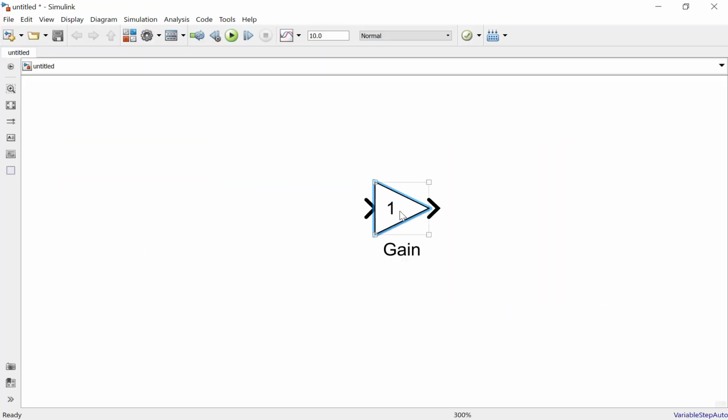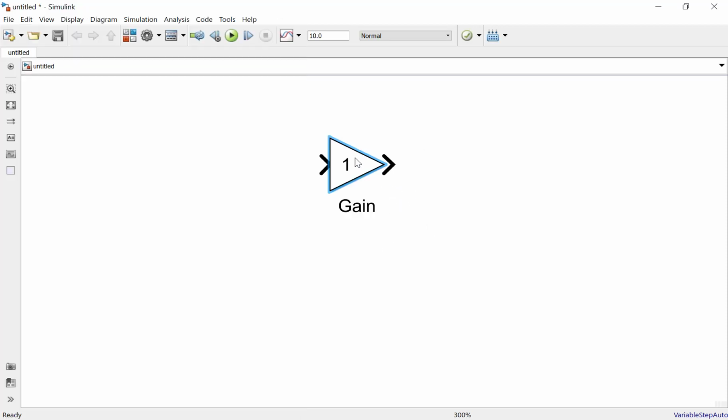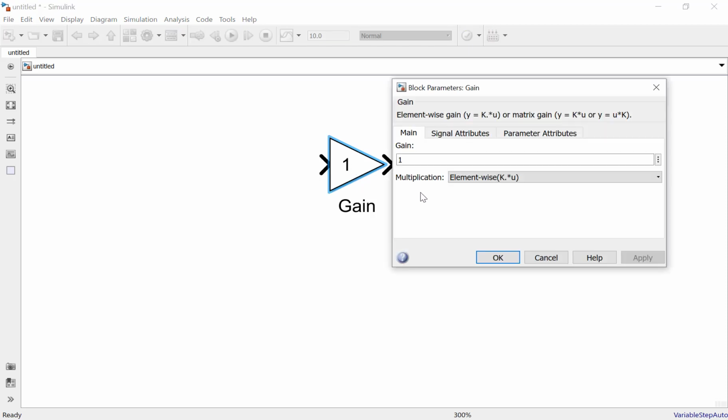Okay, we need to add the gain block, and then we need to change the option in the gain block here to be matrix K multiplied by u, because we need the gain for the matrix.